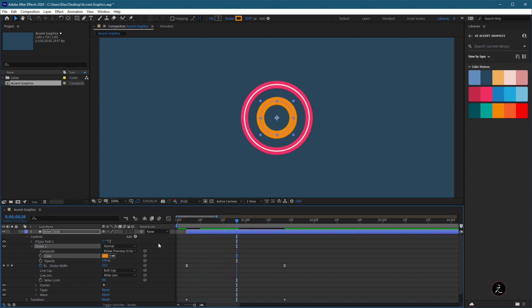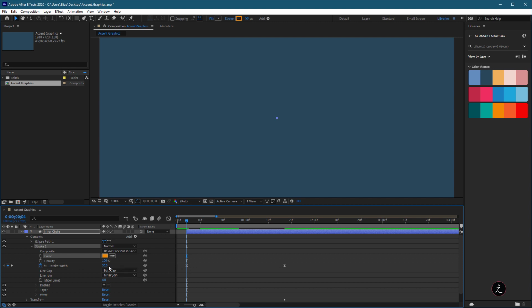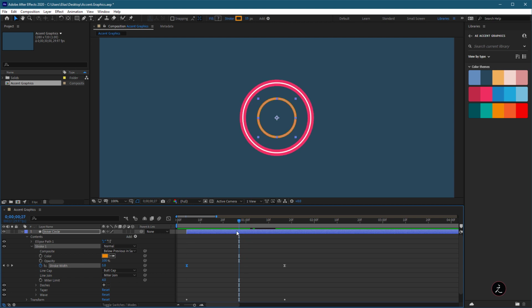And let's see, what else can we do? Well, let's go ahead and target the stroke width as we did with the first one. So I'm going to press the letter J to jump to this keyframe. And I'm going to set the stroke width from 50 down to 15. All right. So if I scrub the current time indicator, I have something along those lines. Okay, what else can I do?